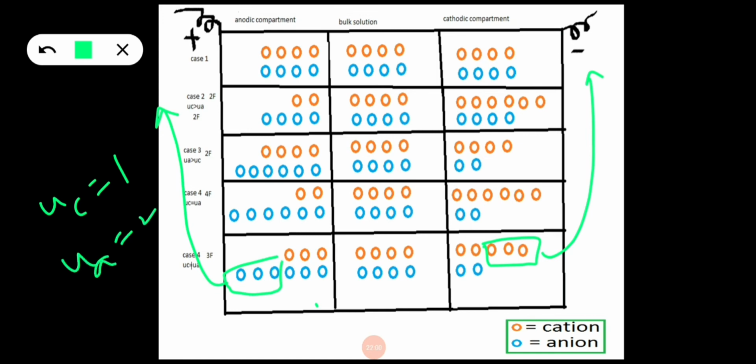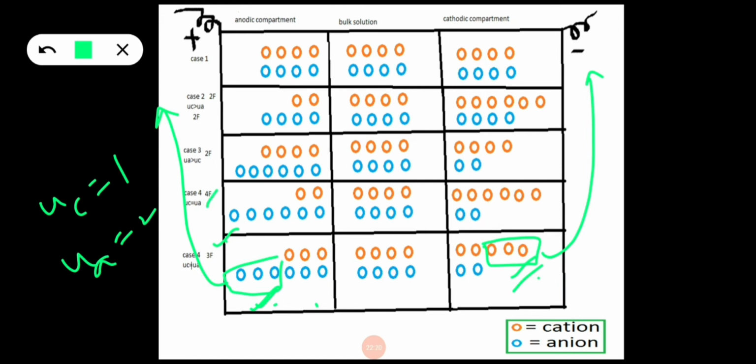So the speeds of the anions are different, but still the same equivalents of cation and anion are getting deposited at their electrodes. And see how many equivalents are getting deposited: 3 equivalents here, 3 equivalents here. And how much current is passed? 3 Faraday. If we pass 3 Faraday, 3 equivalents of cation and 3 equivalents of anion will be deposited.